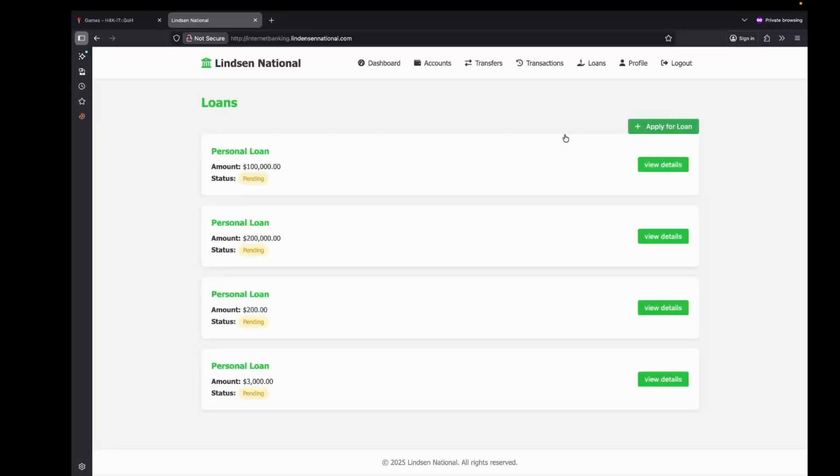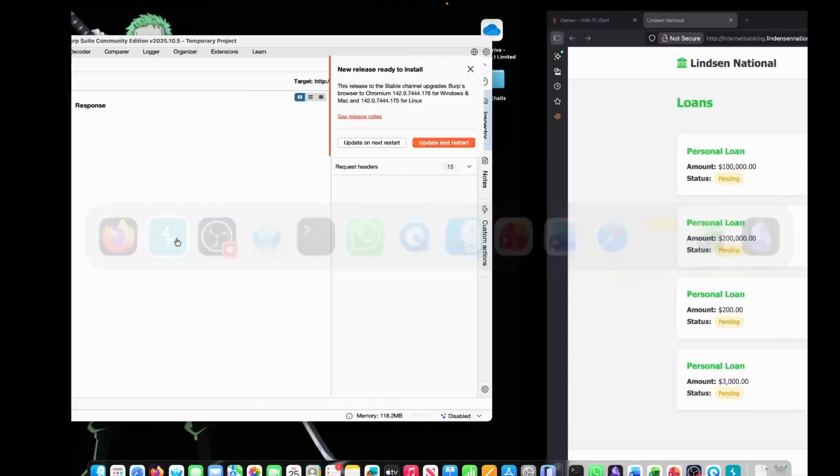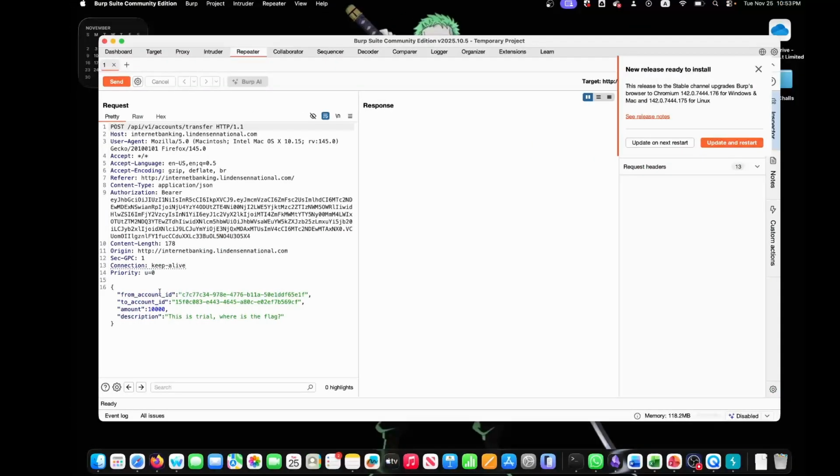So let's get the GUID, and then from there we can try that transfer from the Prime Minister's account. So we'll just change the from account and the to account. Okay, yes. And now having the GUID, we can just easily change it here.